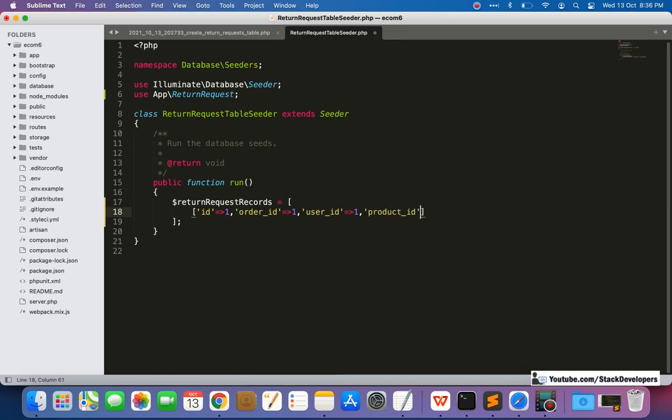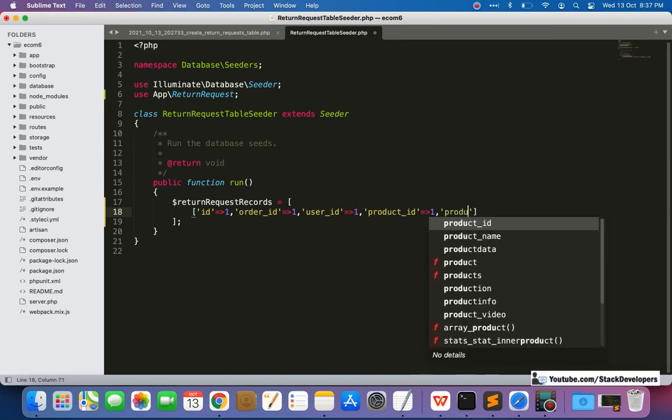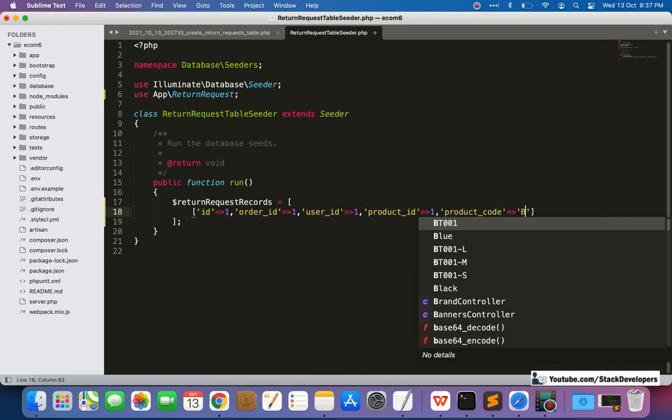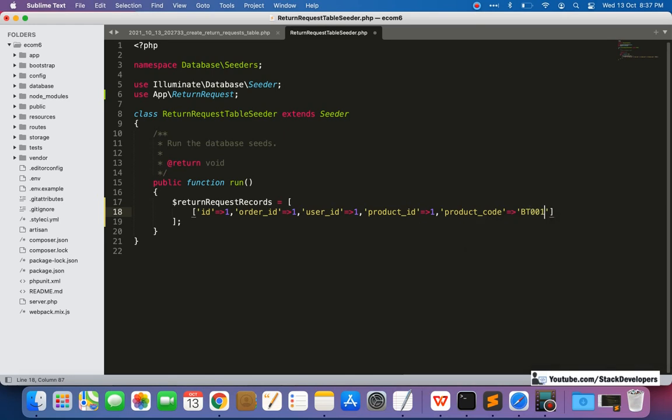We can give all as one, as this is a dummy entry: ID is one, order ID is one, user ID is one, product ID is one. For the product code we will add something like we added earlier, for the blue casual t-shirt, BT001. We can add BT001, later on we will update.